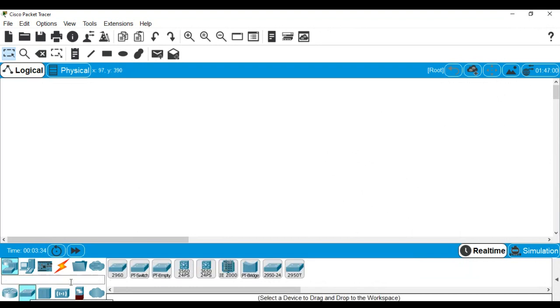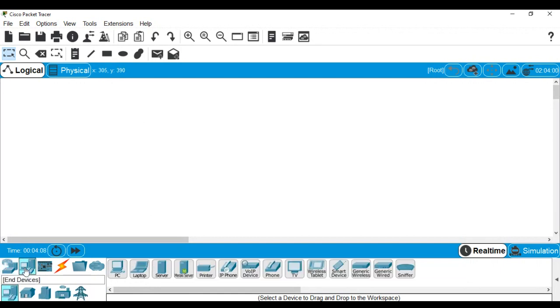Fine. And then next we have different switches, 2960-PT switch, empty switches, where we can add different ports to it, however many ports we want, we can configure that also. And some of this list by default has been shown in the Cisco Packet Tracer. Fine. And we have hubs available here. In the next option we have wireless devices available here. We have security devices available. We have the empty cloud available here, which is referred to as WAN emulation.